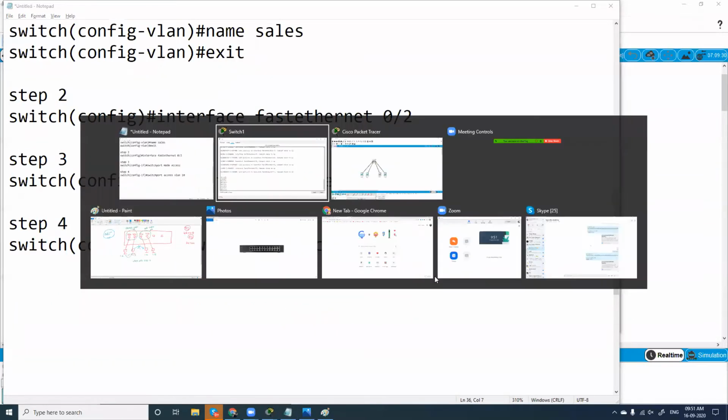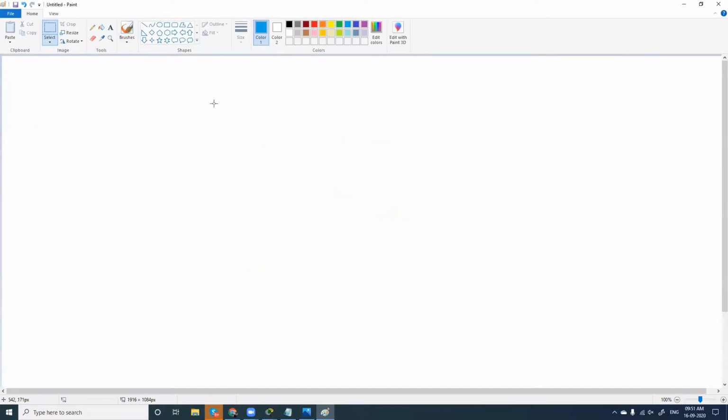So what we have done here: first I've created a VLAN called sales, and a number for that, so VLAN sales and 10. Fine. This is step number 1.